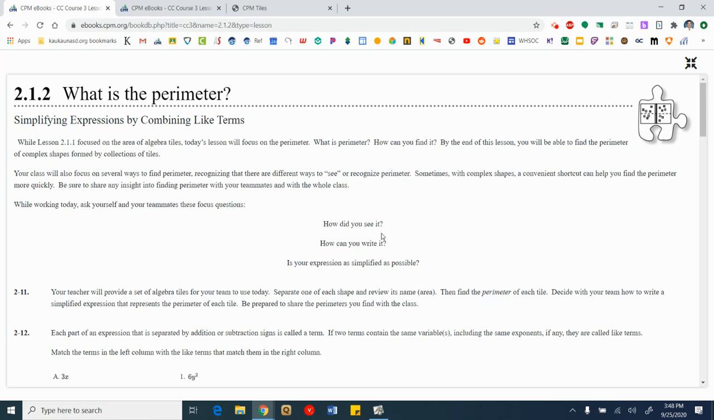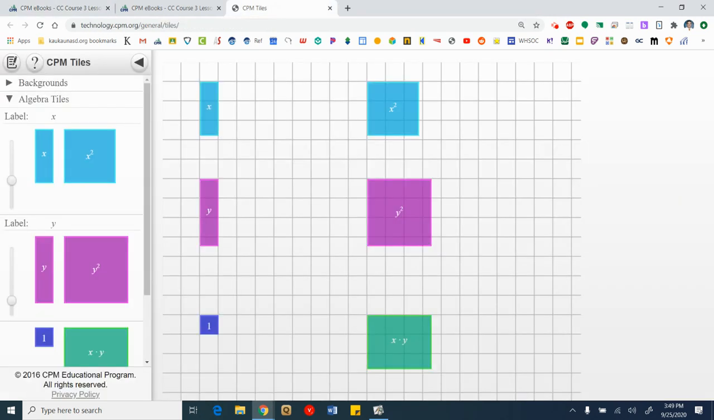So you are not going to have the algebra tiles if you are working virtually, but you can use the e-tools. I'm going to go ahead and pull those up a little bit here. All right, and you should have in your notebook somewhere these tiles sketched. So if we look at this first one here, this is the x tile, and I want to know the